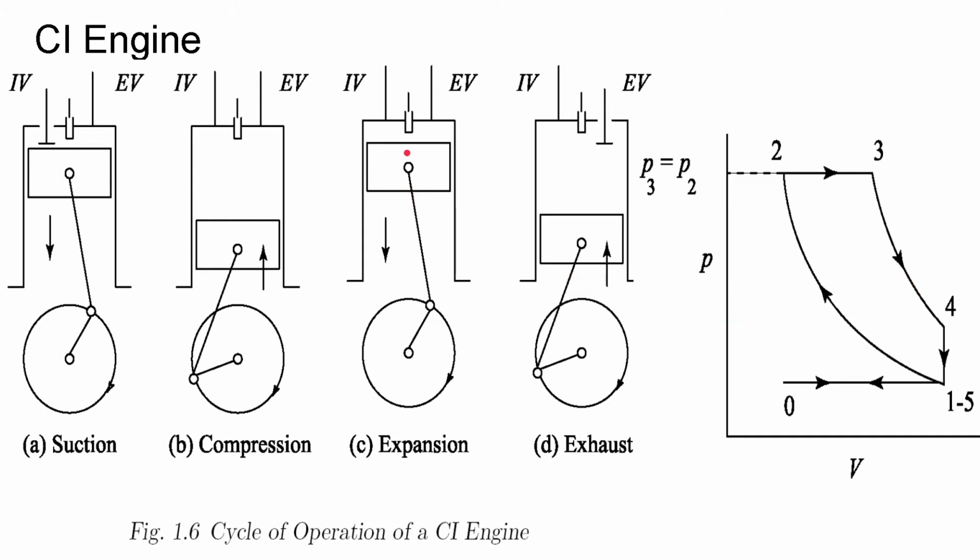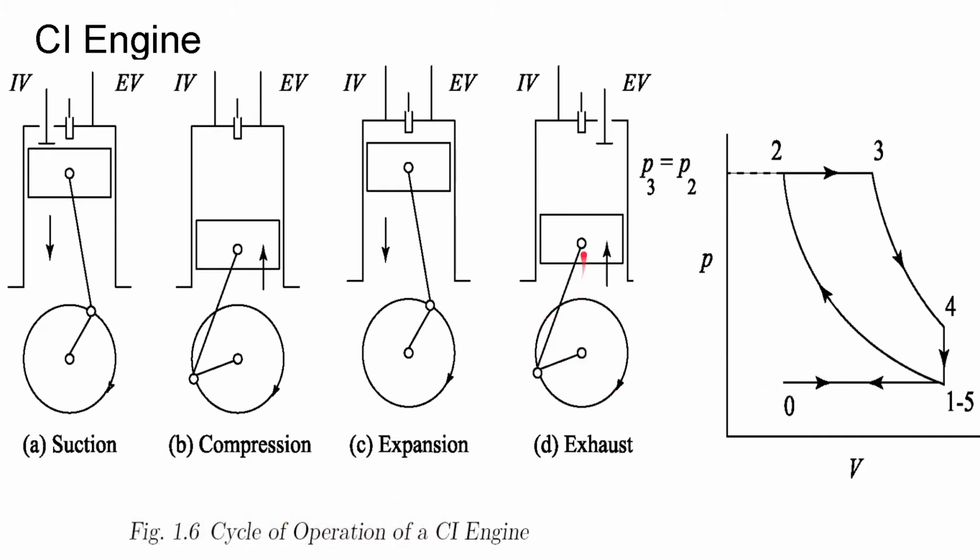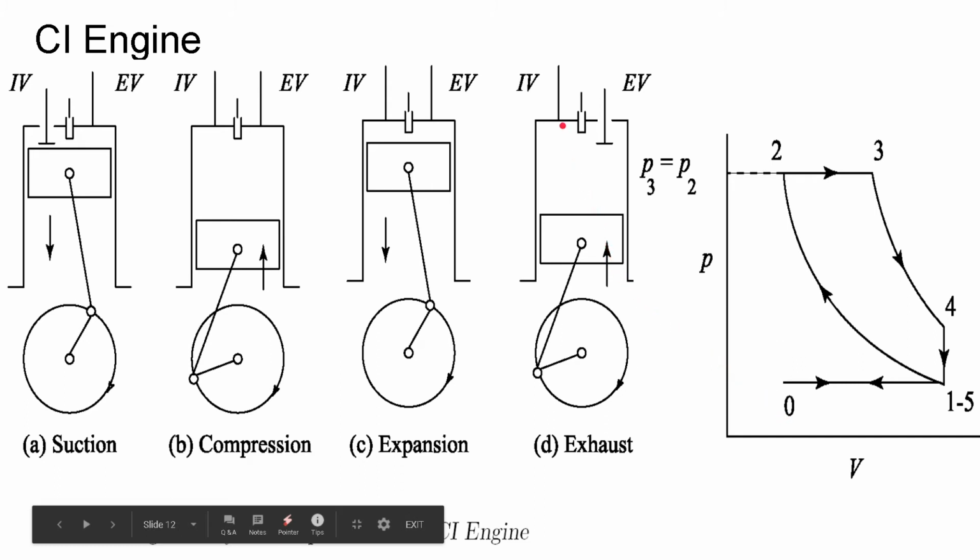And then when we are at the BDC, the piston has come down to the BDC, and then we open the exhaust valve, and the pressure immediately drops down to atmospheric pressure. The exhaust gases, or the products of combustion, move outside from here. Then, due to inertia, the crank rotates and the piston goes from BDC to TDC, and all the remaining products of combustion will also be thrown outside with the exhaust valve open, and when it reaches point 0,